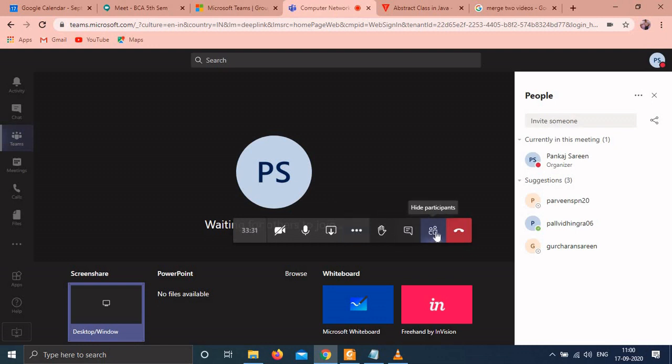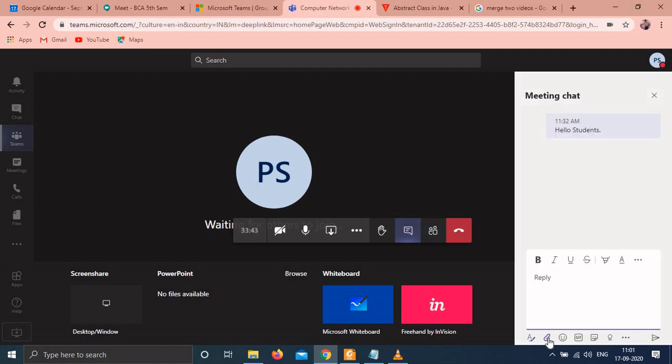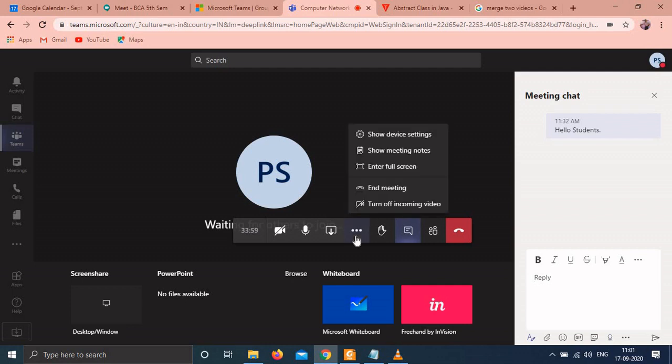You can see the participants, you can hide the participants, you can mute the participants, you can take attendance of the participants, you can see the conversation, you can share the file in the Microsoft meeting. So you can have a meeting with your students in Microsoft Teams. So many options are available here.